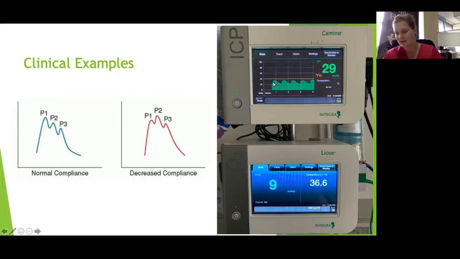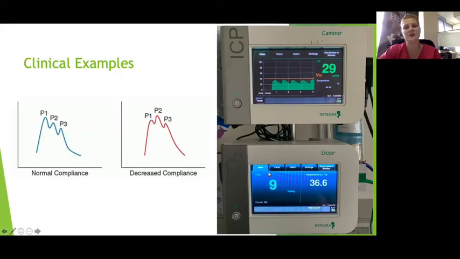You can see the P1, P2, and P3. On this one, sorry, I've just got the Zoom thingy blocking my screen a bit. But on this one, you can appreciate that you've got raised intracranial pressure. It should be below 20. So you've got significantly raised intracranial pressure already, and you can appreciate that it has an effect on